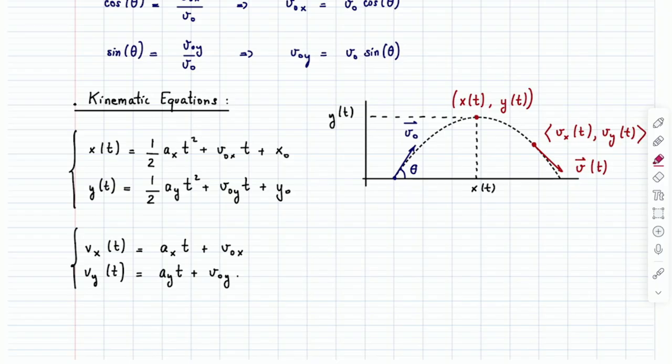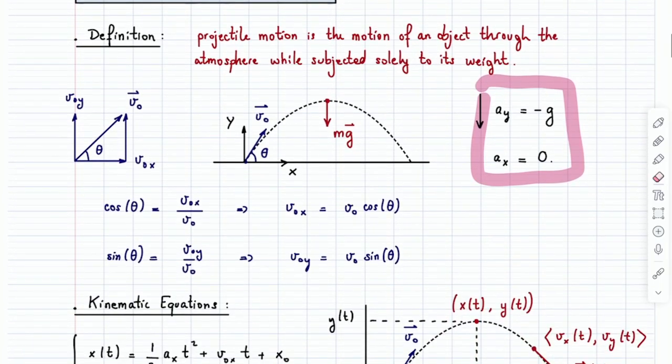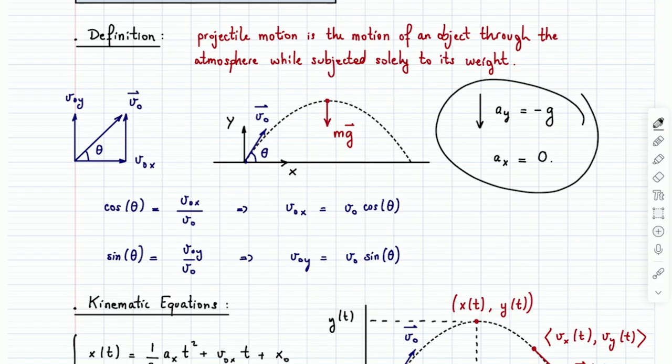So until next week, a sub x and a sub y, you don't know what they are. But that's actually exactly why we do projectile motion, because we then get to say, well, guess what? Ax is 0, ay is minus g. You don't have to know Newton's second law. I'm not asking you to derive these. I'm just telling you what they are. And that's always what it's going to be, because it's always going to be motion through the atmosphere, right? Where the only force is the weight force acting on this thing. So we know what ax and ay are.